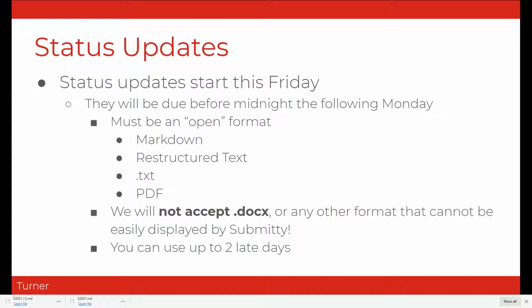Basically, if you're submitting in something other than these four formats, what we see is a bunch of garbage, and then we have to go to extra steps to download it and find the right opener for it, which, admittedly, for something like DocX is not hard, but it is an extra step, and it doubles or triples the amount of time it takes us to do grading. Don't double or triple our time.